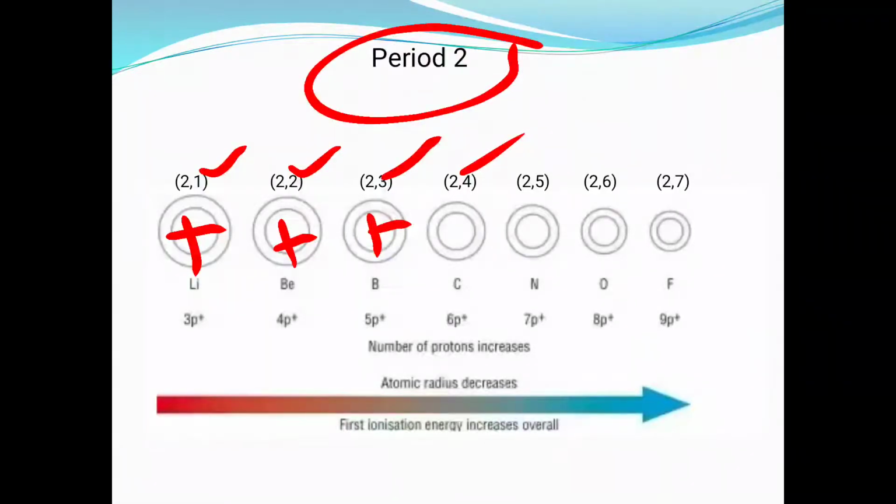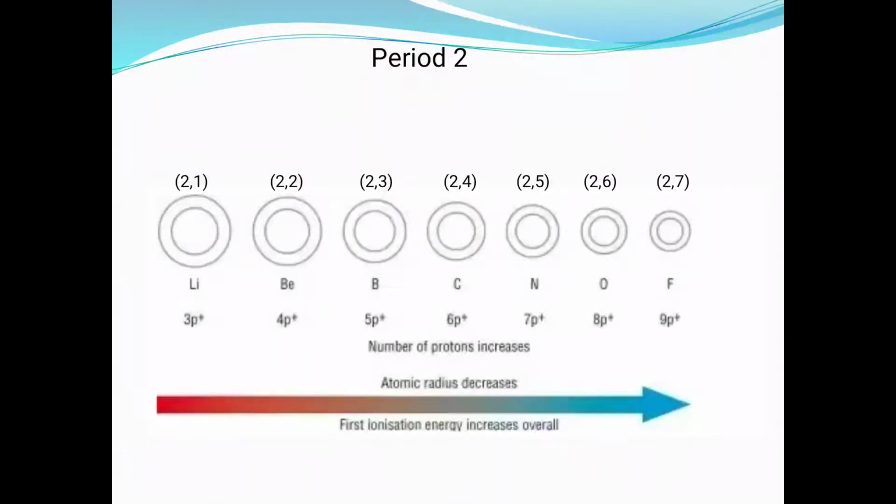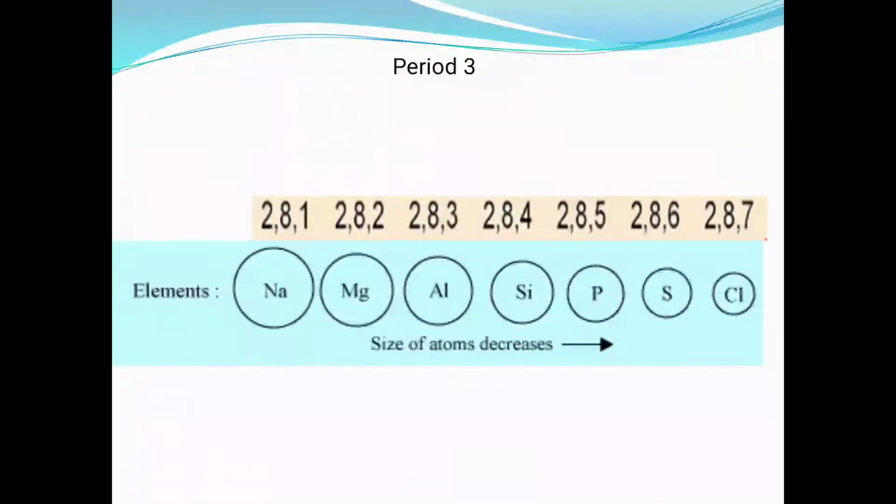So the nuclear charge increases as you move, and that's why the force of attraction also increases, and this force of attraction is responsible for reducing the size of the atom. See, this is period 3. Here the size of sodium is more, though the atomic number of sodium is less, and fewer electrons are present in the valence shell.